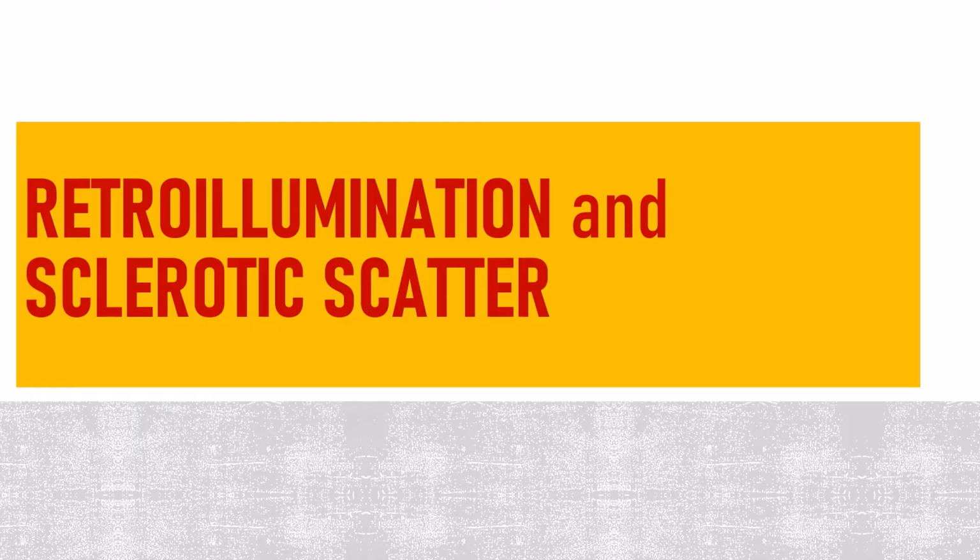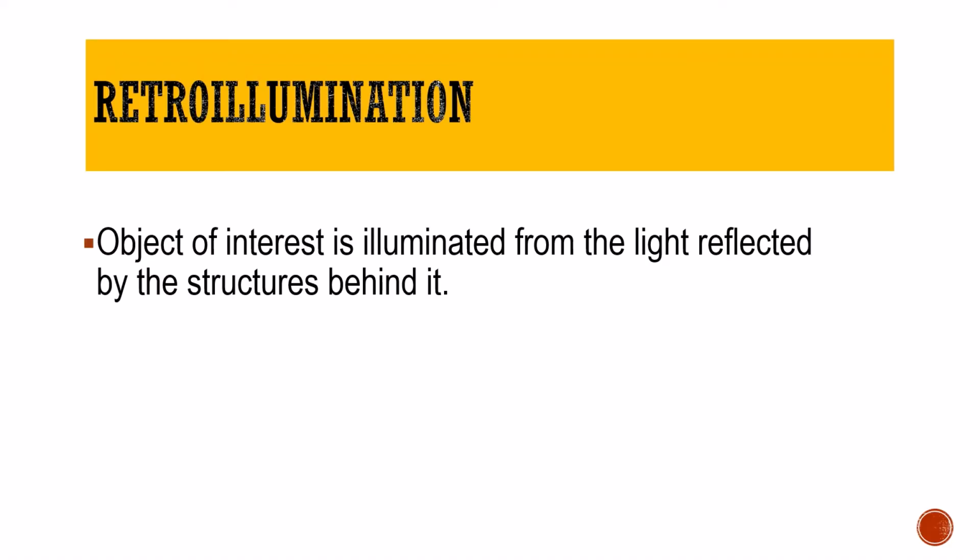Today we are discussing retroillumination and sclerotic scatter. So first of all, let us discuss what is retroillumination. Whenever the object of interest is illuminated indirectly from the light reflected by the structures behind it, it is called retroillumination. So, in simple words, what I mean to say is if you want to look at a structure over here,